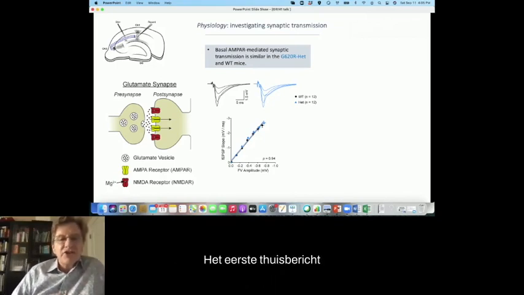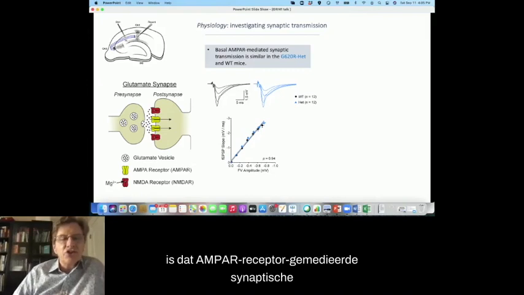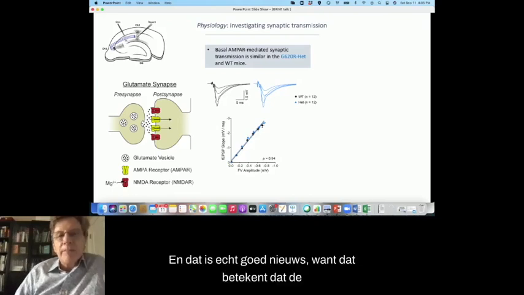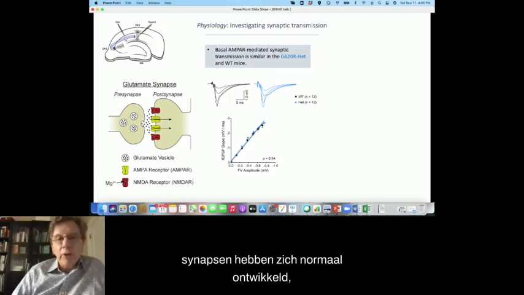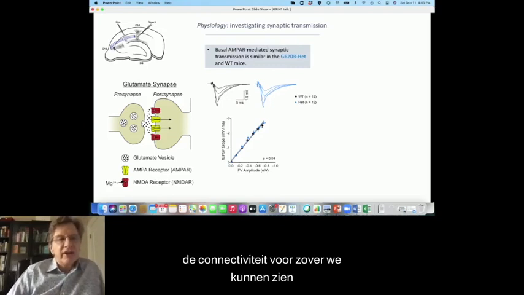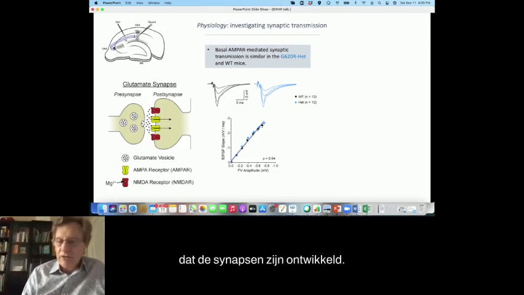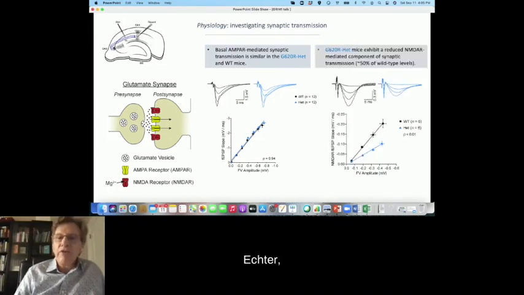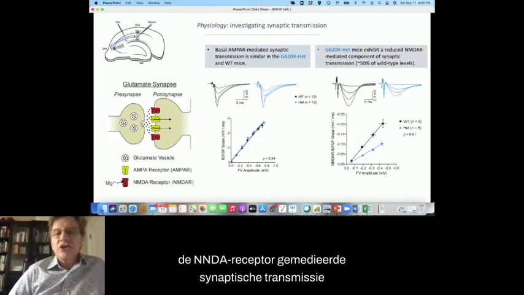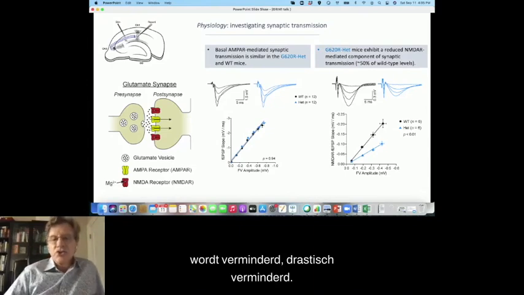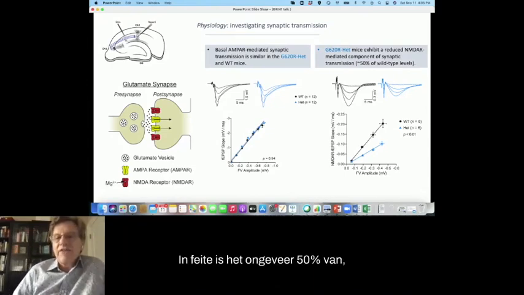The first take-home message is that AMPA receptor mediated synaptic transmission is identical as far as we can see. We do not see any differences. And that is really good news, because that means that the synapses have developed normally. The connectivity, as far as we can tell, is absolutely normal. Even though they have had an impaired NMDA receptor function, this has not impacted on the way that the synapses have developed. However, the NMDA receptor mediated synaptic transmission is reduced, dramatically reduced. In fact, it's about 50%